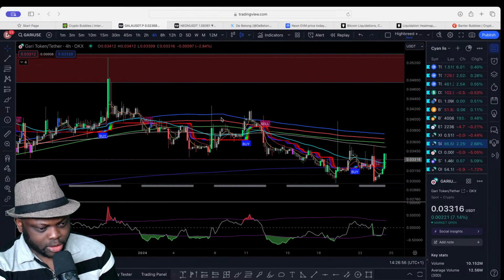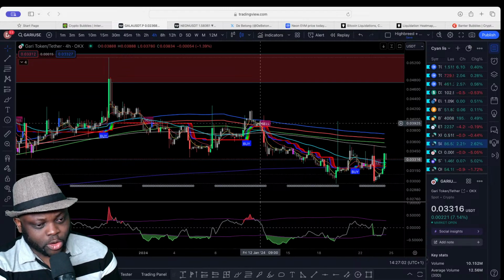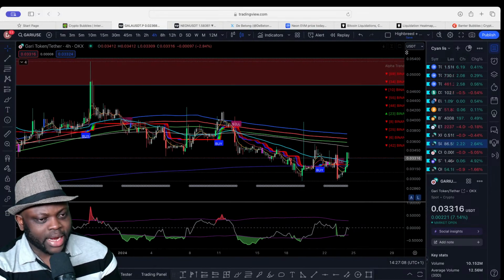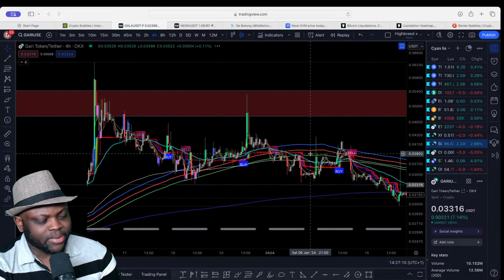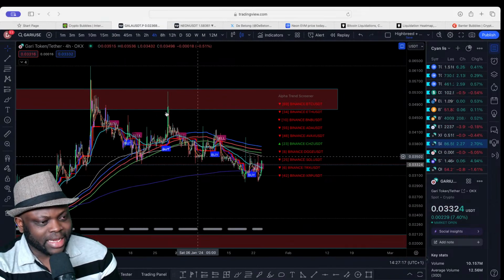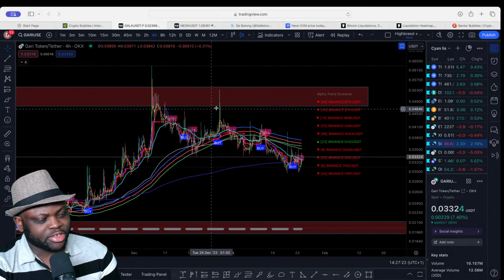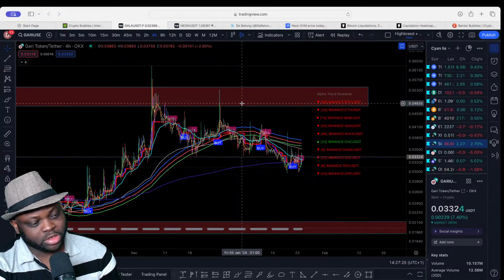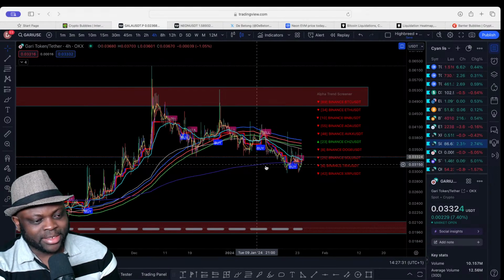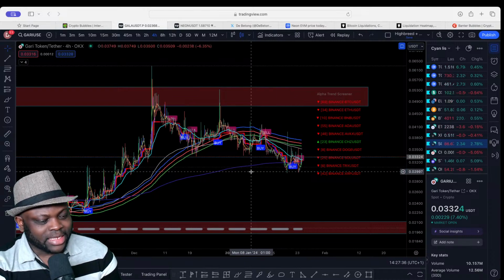Actually, this indicator looks so good. It looks so good right now. Sorry, this coin looks so good right now, not this indicator. It looks so good right now, and I want to tell you guys why I think Gary looks so good right now. Okay, if I zoom out, I can see that Gary has been in an uptrend, and has been trying to make higher highs, but to no avail. And now we are seeing that Gary is sitting at this 800-day moving average on the 4 hours time frame, and there's some sort of